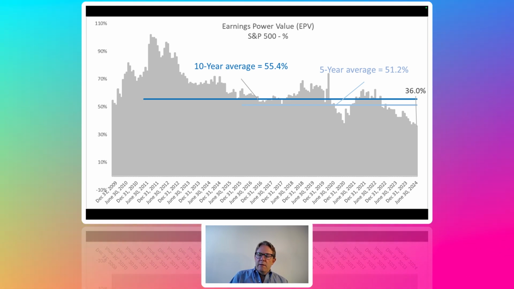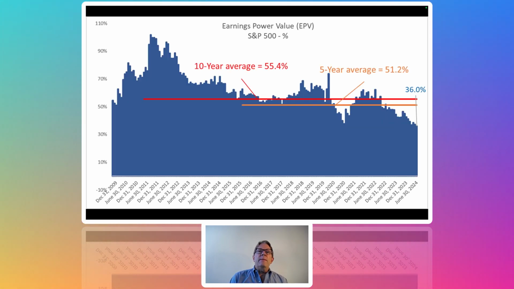All right, so there's the same earnings power value, exactly the same chart. I just put it in a bar chart, and that's always going to be blue. And so you just see the same numbers we saw in the earlier chart. I just changed it to a stacked bar chart, because when we start looking at companies, I'm going to use a bar chart rather than a line chart.